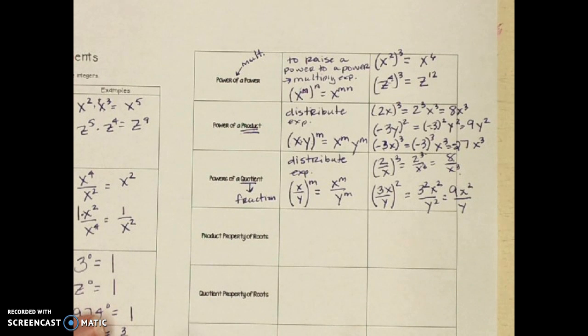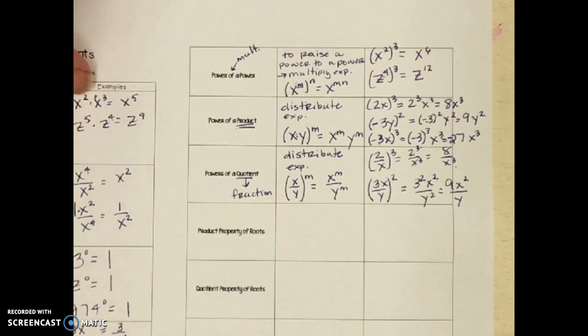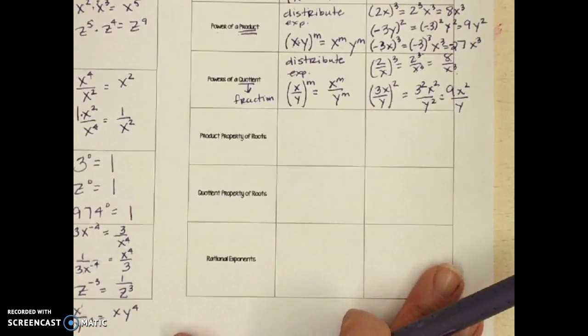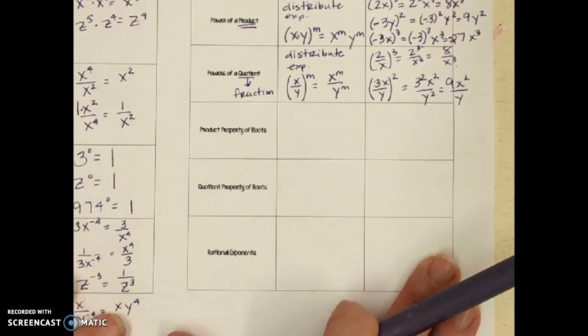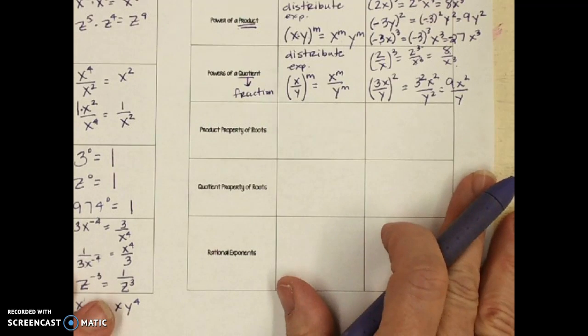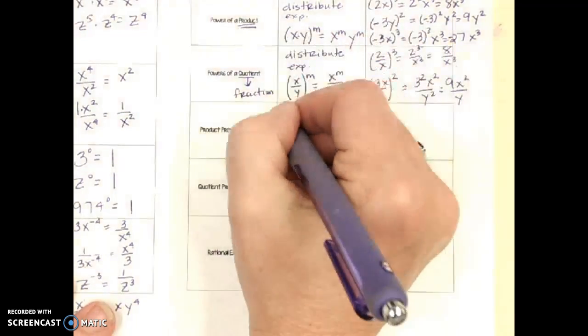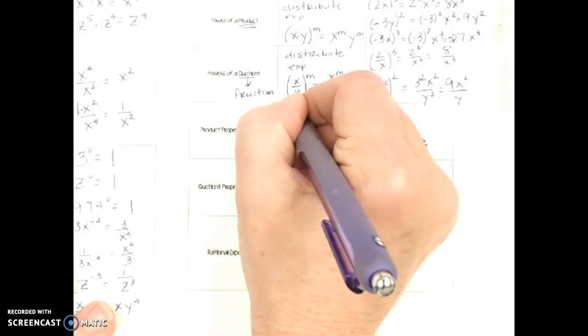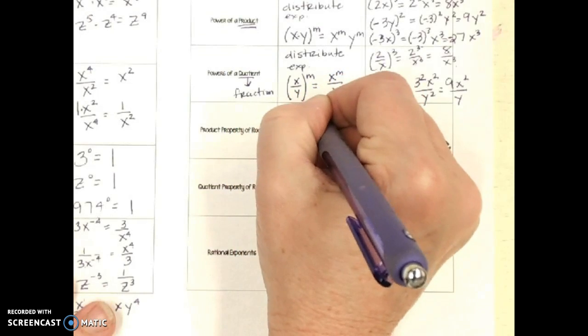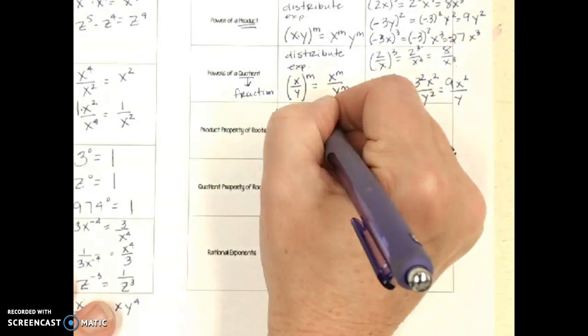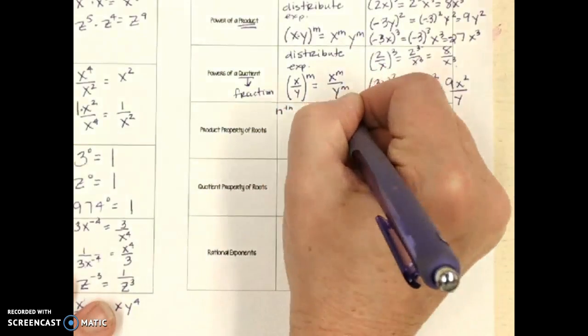I'm going to go ahead and cover these last 3, even though they are going to be something that we do a little bit later, like in the next day or 2. So we're going to go ahead and do these last 3 things. If you have a product property of roots, all that means is that, and this is going to look weird, the nth root, that just means we're using that like it's a variable, the nth root of a product